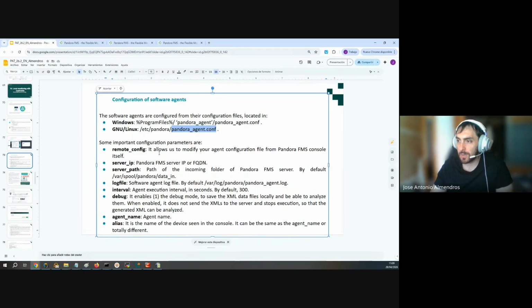Here we have some important configuration parameters that we can find in the Pandora agent.conf file. Remote config, we talked about this previously. It allows us to modify the agent configuration file from the Pandora console itself. Remember that if remote config is enabled, all the changes that we want to make in the configuration file must be done through the console, not manually here,